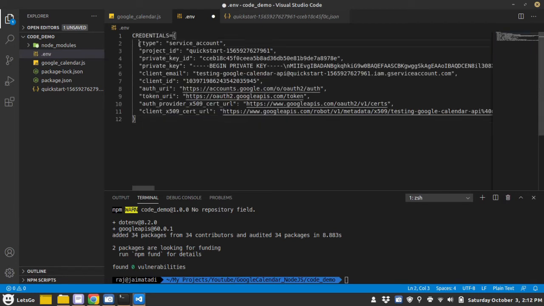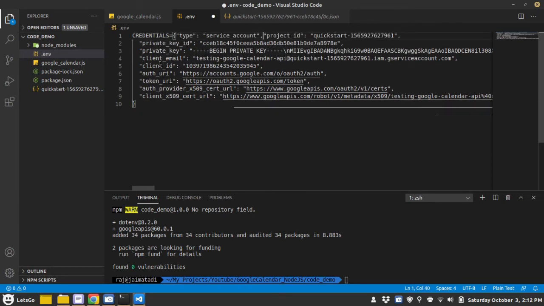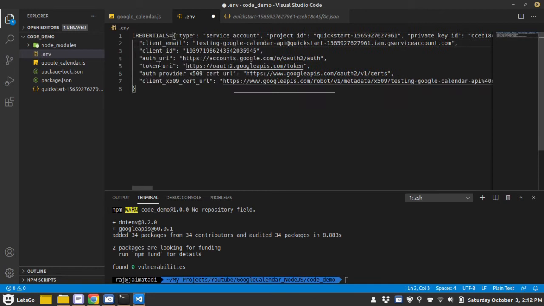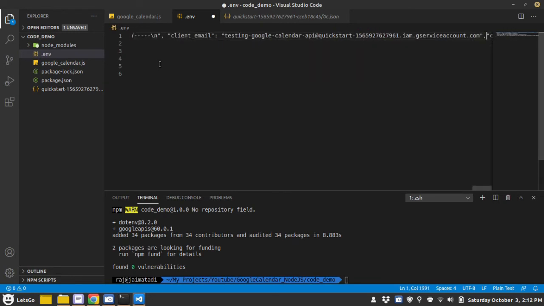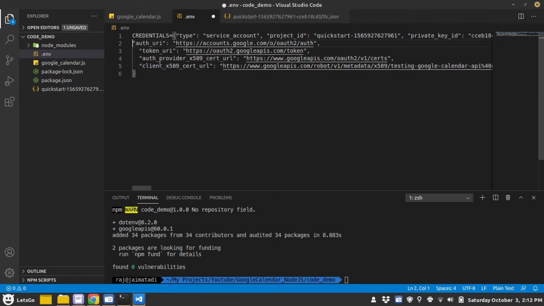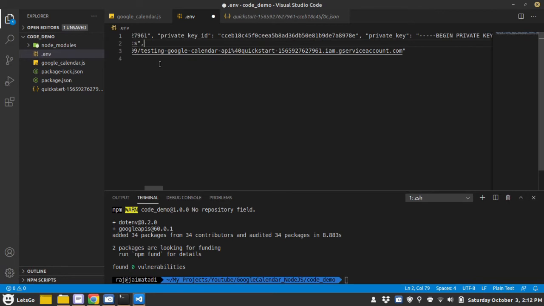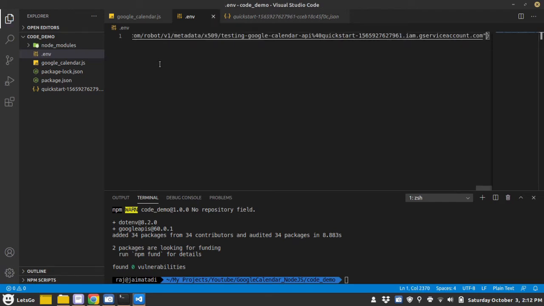Now what I will do, I will put this whole JSON file into a straight line, just so that it works well and doesn't create any read or write error. Okay, let's save this.